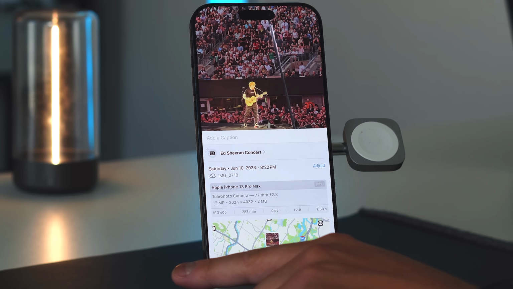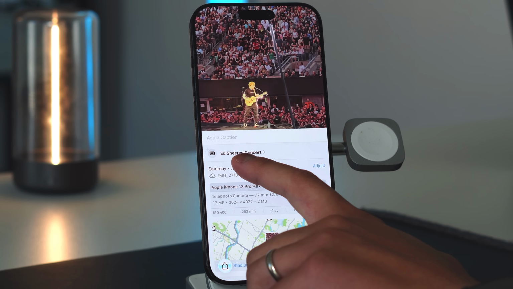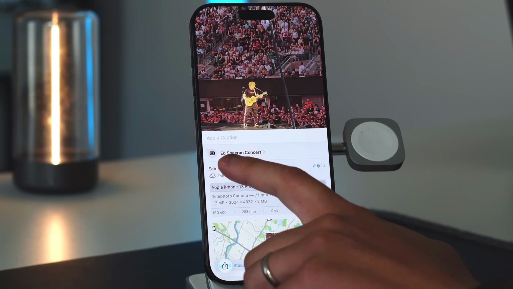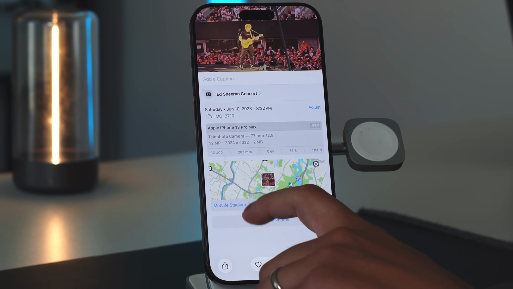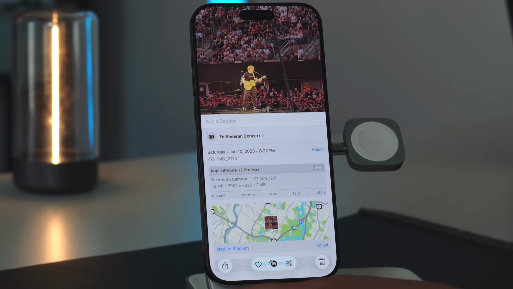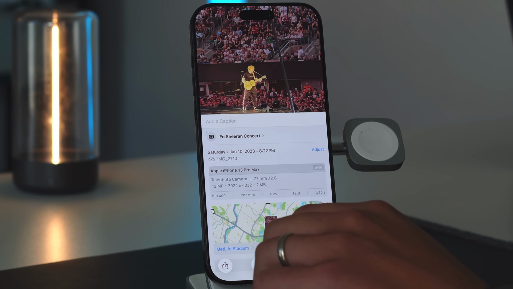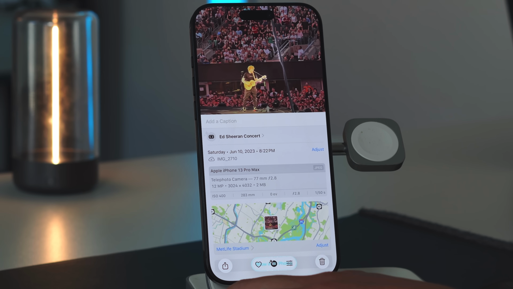But one cool thing about iOS 26 is that, as you can see here, it was able to recognize what concert it was, and who it is, based on the location, the date, the time, and everything that comes with it. Because again, this is going to work mostly for much larger venues and big events. This isn't going to really work for local events, at least not yet, especially out of the box. But what's really cool is that it was able to locate that, yes, I was at MetLife Stadium,